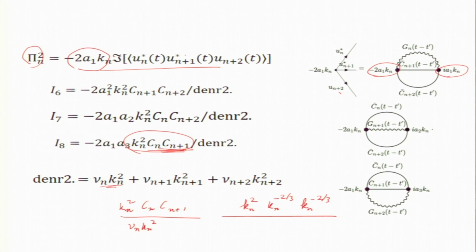Denominator k dependence, what is that denominator k dependence? So, nu n is k n to the minus 4/3, and the k squared I multiply, then I get k n to the 2/3. So, what is this k dependence? Constant, right. So, this 2 will cancel with 2 by 3 times 3. So, this is constant, k to the power 0. This will happen for each of the terms. So, every term is constant in k. When I sum it up, I will get constant in k.